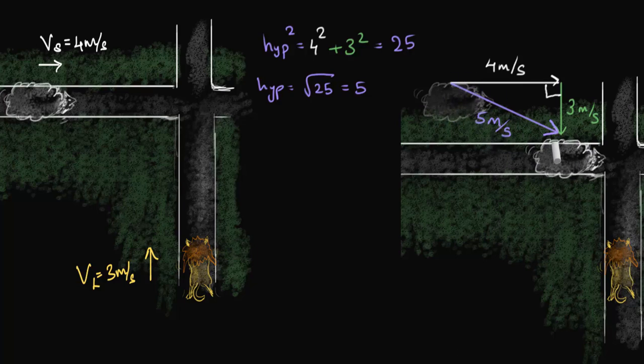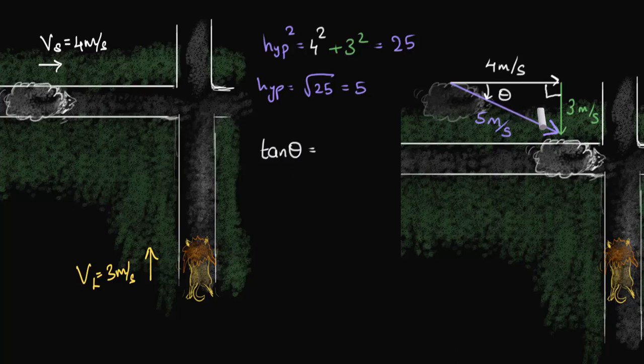Alright, now since we're talking about velocity, it's not just the magnitude, we also want to calculate the direction. I mean, we understand the direction is this way, but what exactly is this direction? So we can answer that by calculating the angle. So let's calculate this angle, for example. How much is this angle? So we can use trigonometry. We can use sine, cos. We usually prefer to use tan. It's not a necessity. You can use anything you want.